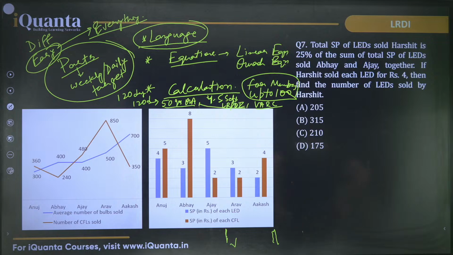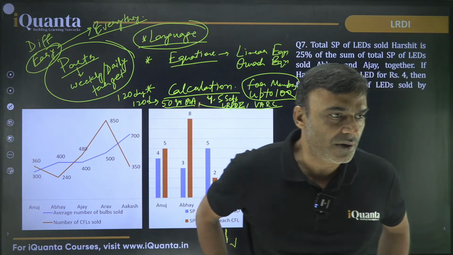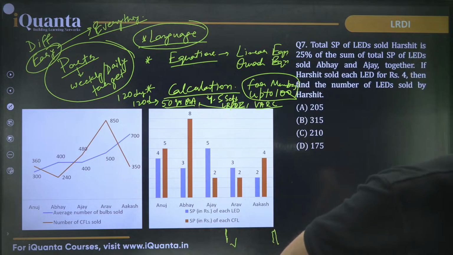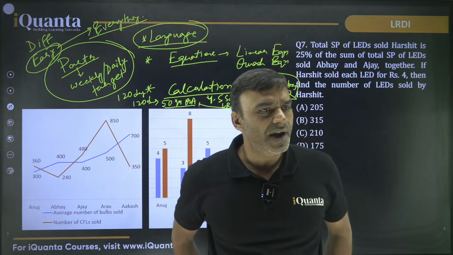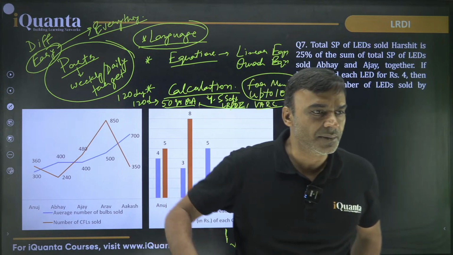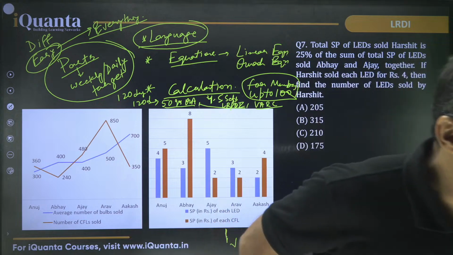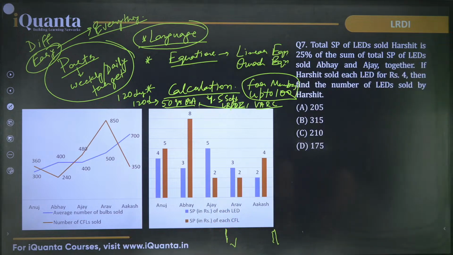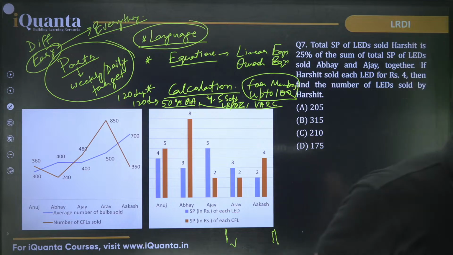All right. If we are starting from the last batch, then from when should we give mocks? Ritika, if you have done something on your own, let's say 40-50%, if you have studied something, then you can start giving right away, or you can wait for at least let's say 3-4 chapters in quant, and similarly a few topics in LR and VARC. Yes, Mohit, we'll start with the third batch, I think this weekend or Monday.